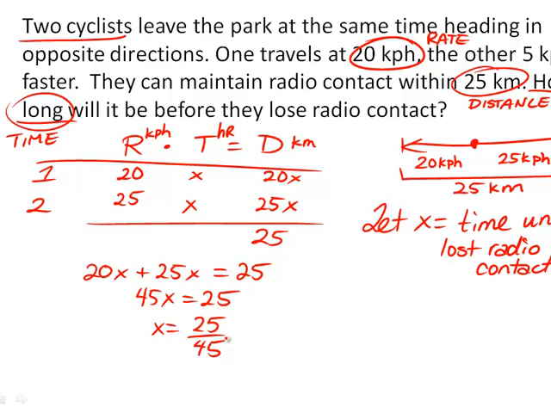Remember, x means the time until radio contact is lost, so it's in hours. However, 25 over 45 is a decimal, and that doesn't describe the time very well. It actually turns out to be 0.5 repeated, which would be around 0.6 of an hour. That's approximate, so let's see if we can make it more exact. Let's simplify this fraction by dividing both sides by 5. We get 5 over 9,